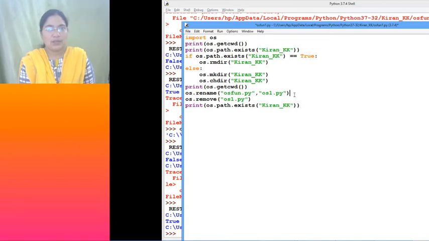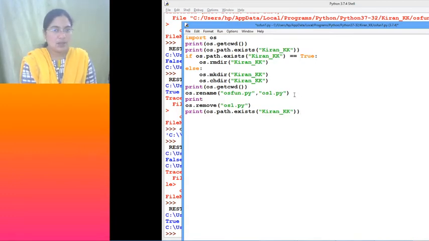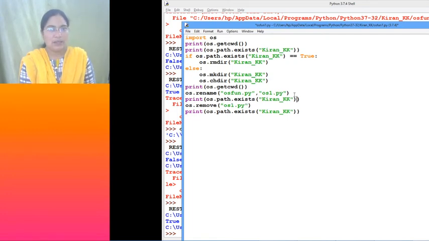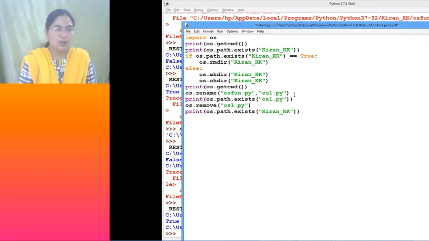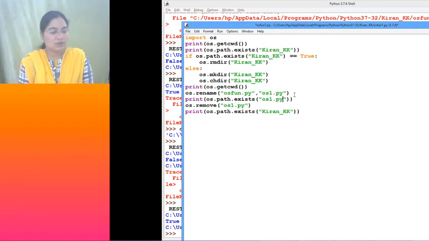Okay, before that, let me check whether it is renamed or not. So here, let me give path.exists for os1.py. I just opened the file menu and showed it, right? But in a program we cannot go and open and see. So that is the reason we use path.exists to check whether it exists or not.